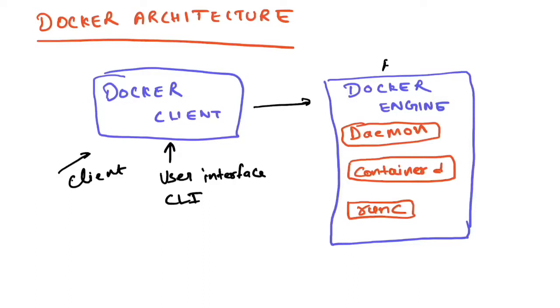As I said, whenever you submit any instruction or a CLI command of Docker through the Docker client, it goes to Docker engine, and the daemon process is the actual process which exposes your APIs. It has the API implementation of all those commands, which takes care of understanding your instructions, like what you want to do. It's exposed as an HTTP API or a REST API. The core functionality of Docker is exposed as a REST API through the HTTP interface through this daemon process, and the Docker client directly talks to this daemon process only.